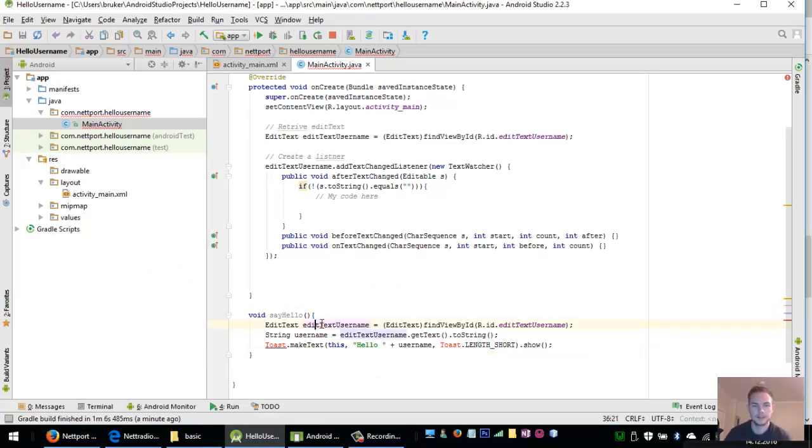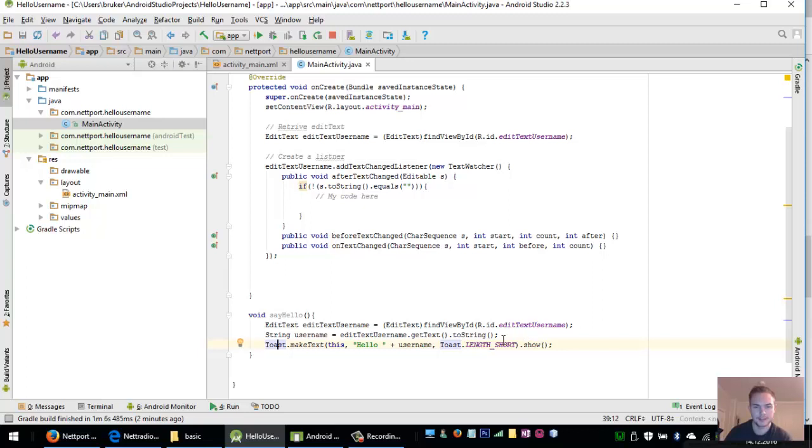It would do the same as over here. It would take the EditText username, find it, and convert it to a string, because the EditText username is now an EditText, not a string. So we convert it to a string by getText toString. So now we have username as a string, and then it would write it out with a toast,